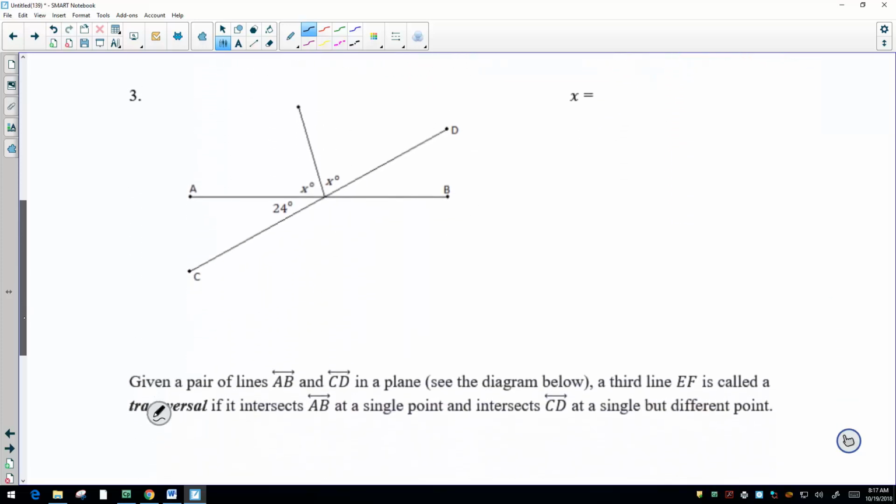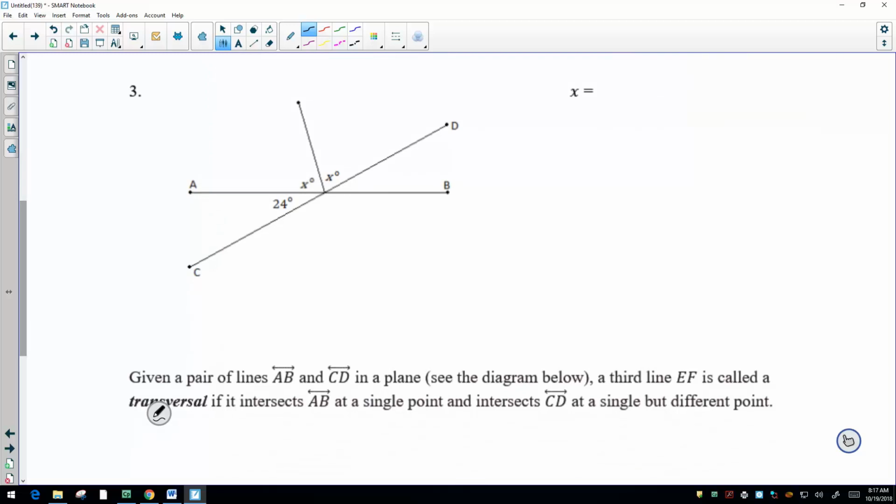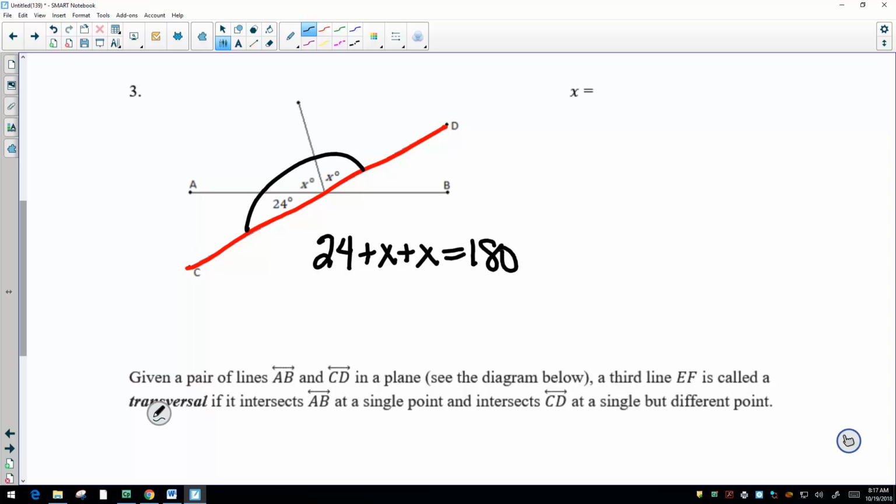Okay. Same kind of idea here with this next example. I have one full straight line going all the way across. And if I'm looking at those three angles put together, I can't call them a linear pair because there's three of them. However, they are adjacent angles and they form a straight line, so they're still going to have that